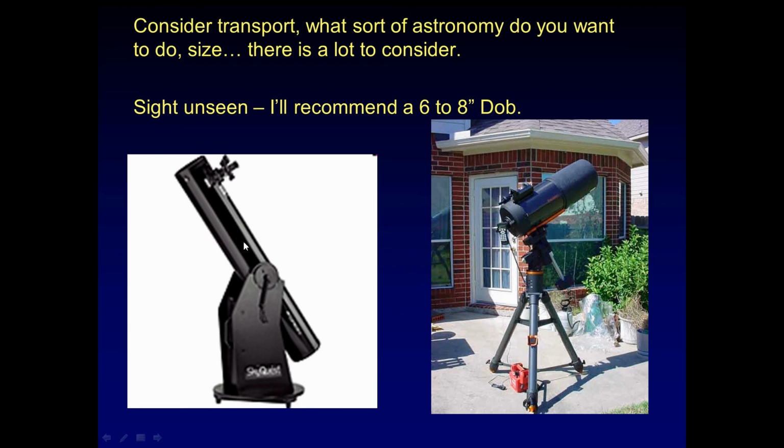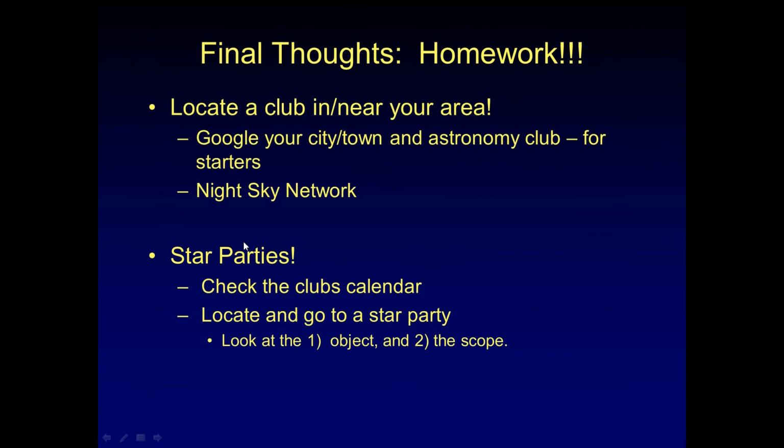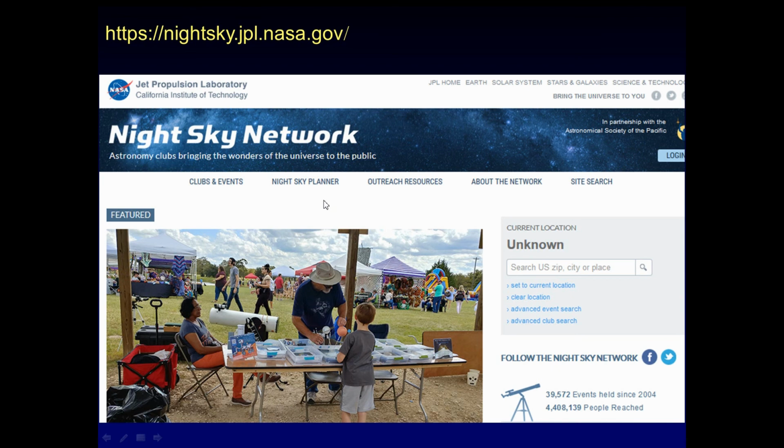So, all right. Final thoughts. Do your homework. Locate a club near you. I talked about the Houston area. I'm sure there may be people viewing this that aren't from the Houston area. So you want to Google your town and astronomy club for starters. Also, don't hesitate to go for the Night Sky Network. What is that? The Night Sky Network is set up by the JPL at